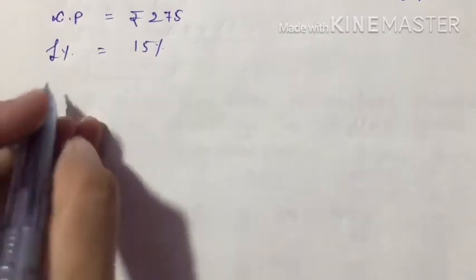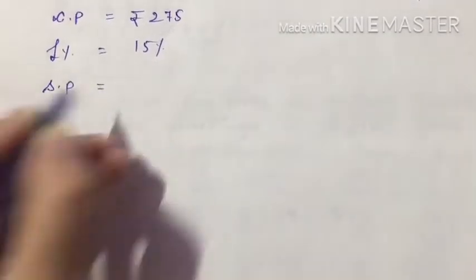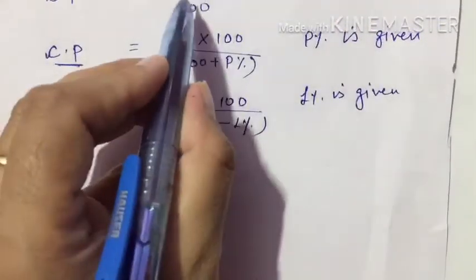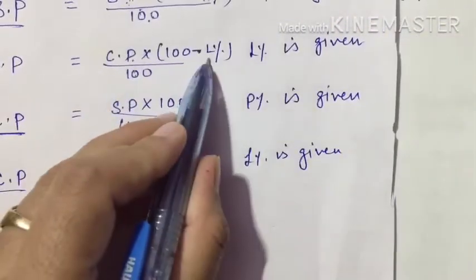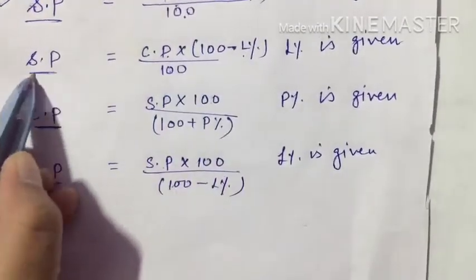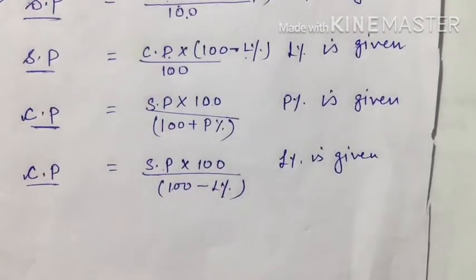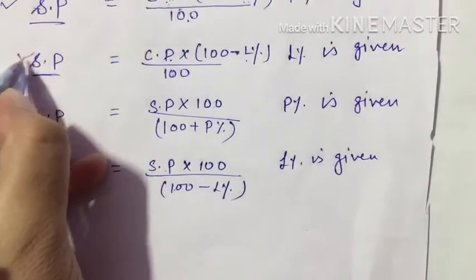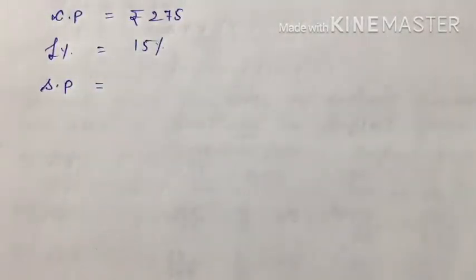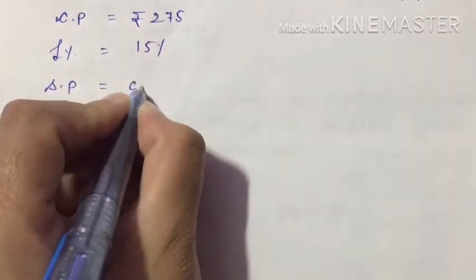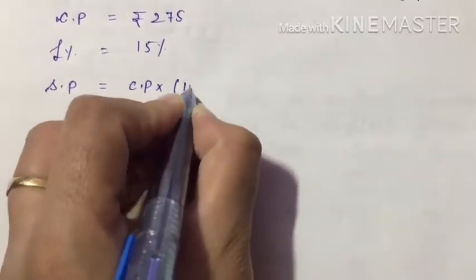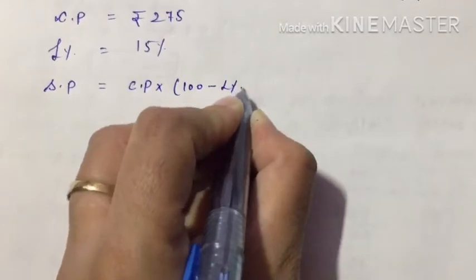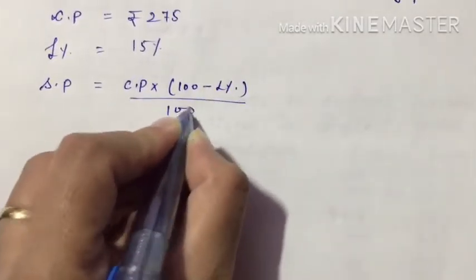How much does she sell? That means I have to find out SP. We have discussed the formula in my previous video. I hope you have learned what is given. CP and loss percentage, these two terms are given. I have to find out SP. This is the best suited formula, no? And out of 4, this formula will go best. That is, I have to find out SP. That means CP multiply by 100 minus loss percentage divide by 100.